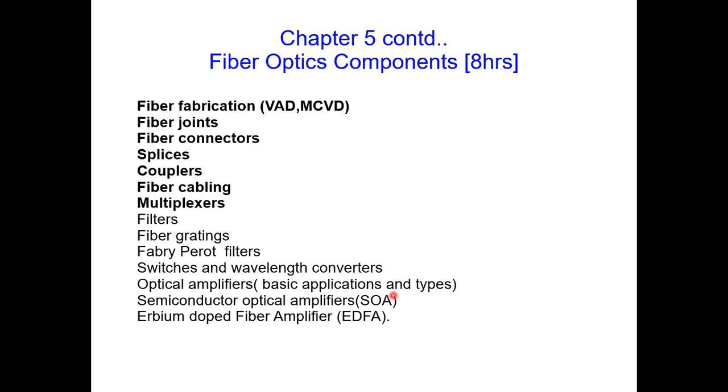When I am saying types of optical amplifier, here I mean where I position it in the entire stream, that is, where I have to place it. Then the two widely famous optical amplifiers are SOA and EDFA. SOA is the semiconductor optical amplifier. And then we have EDFA, which is the one that is actually widely used. It is the erbium doped fiber amplifier. Erbium, that material, has certain properties, and that property of erbium we are using. That is why the name erbium doped fiber amplifier.